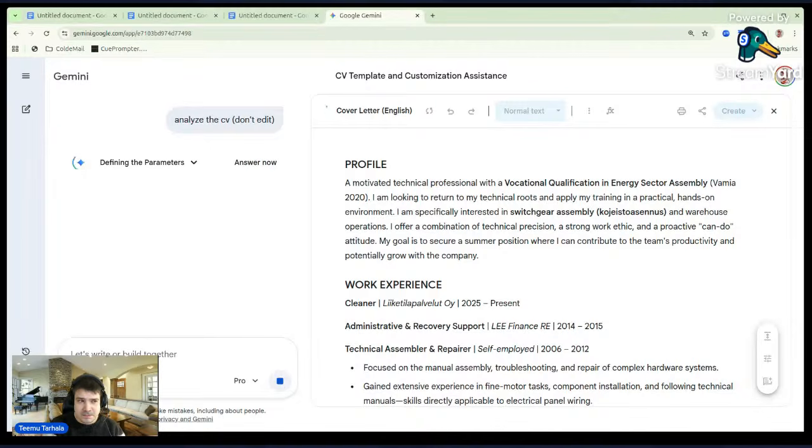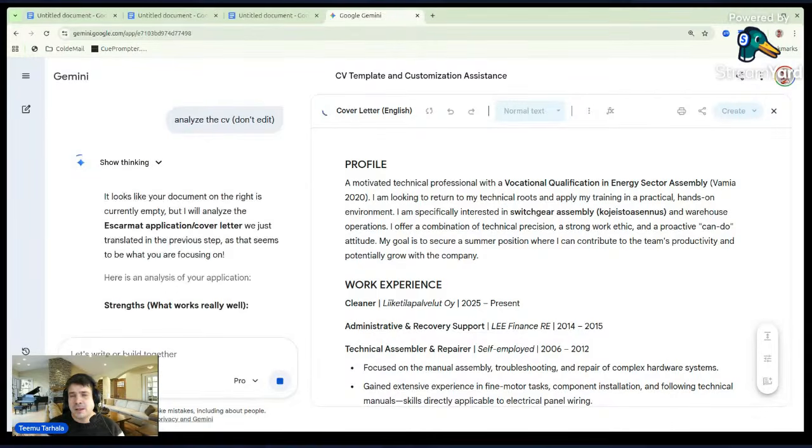But first, let's give AI a little task. And we need to throw these little tasks there so that we get new ideas, that we find new companies. Because yesterday when we analyzed the CV, we asked where we would be a good fit. And it actually found local companies. Let's see.